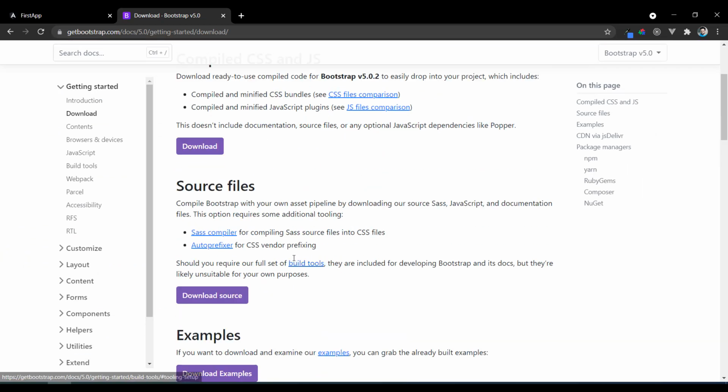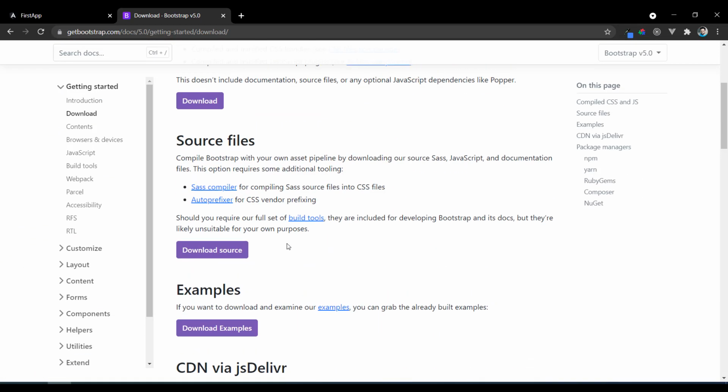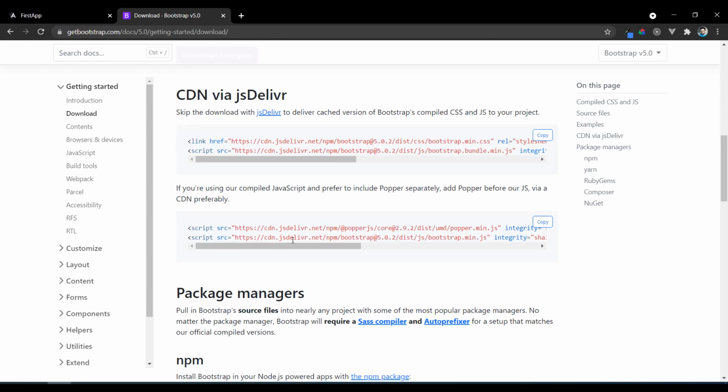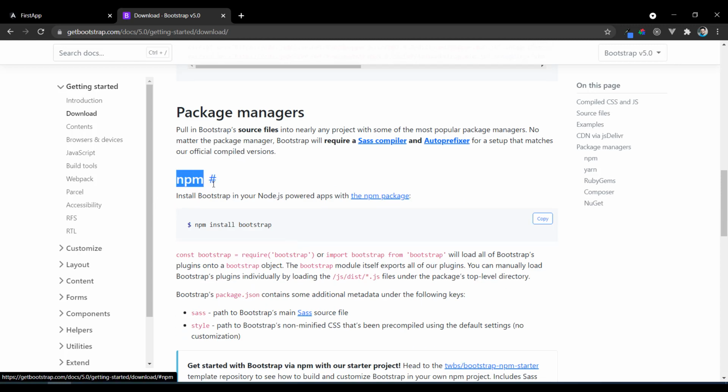Here you can download the complete CSS and JavaScript files and manually connect them, or else you can install them using npm. I'll just install them using npm. So let's copy this npm package, npm install bootstrap.